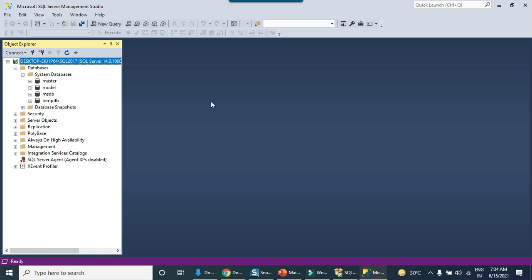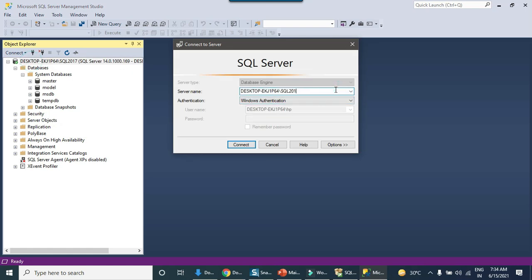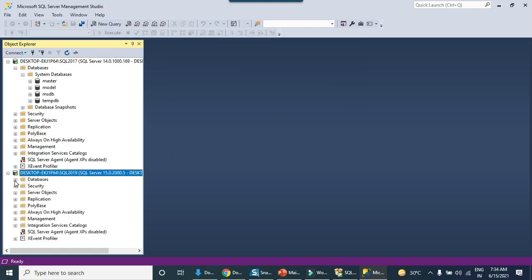So guys, this is how we can install SQL Server 2017 Developer Edition on your machine. And now let me just open SQL Server 2019 as well. I just installed the two instances of SQL Server so that I can give you some examples of how we can move data between two different SQL Server instances, and it will give us a good idea of how we can do some ETL operations using SSIS if we have multiple SQL Server instances.